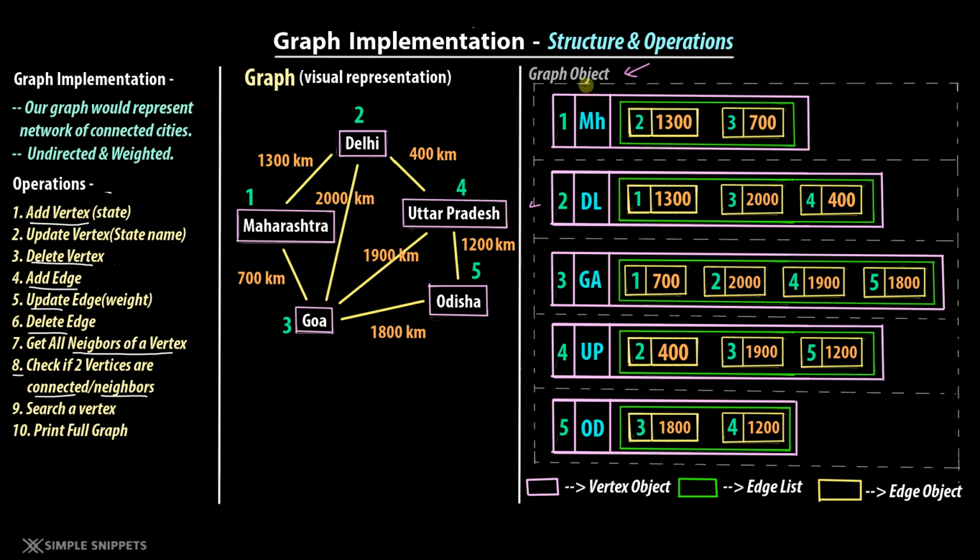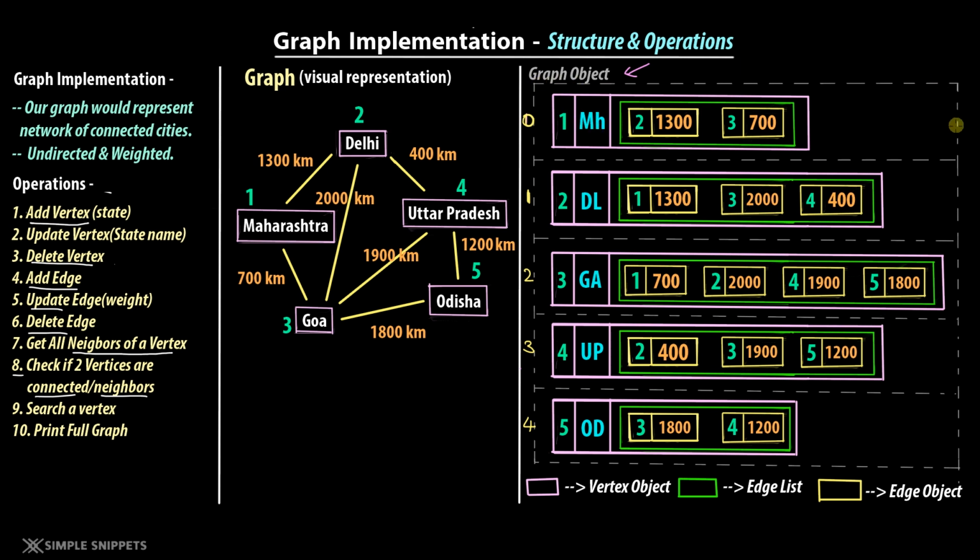Okay, so on the right hand side now, you can see that we have an element called graph object, and there is this gray dotted line, which is a complete single object. Inside that, we have multiple rows, right? So let me just mark them. This is row 0, row 1, row 2, row 3, and row 4. Okay, don't get intimidated. We'll go one by one and you'll understand everything.